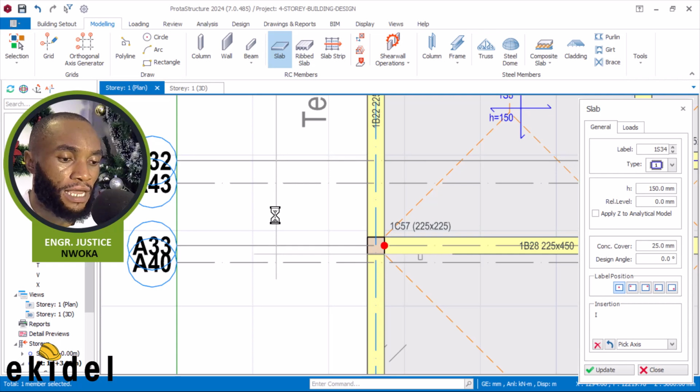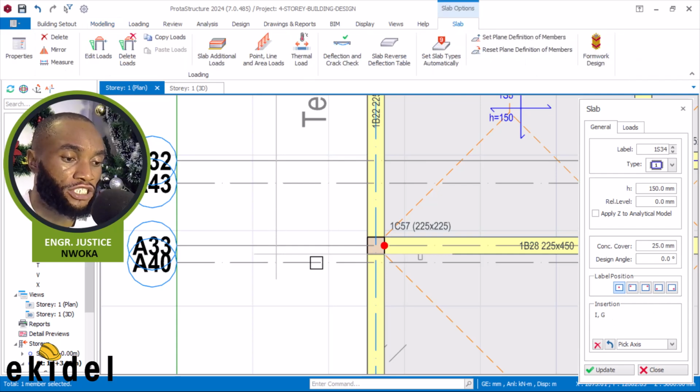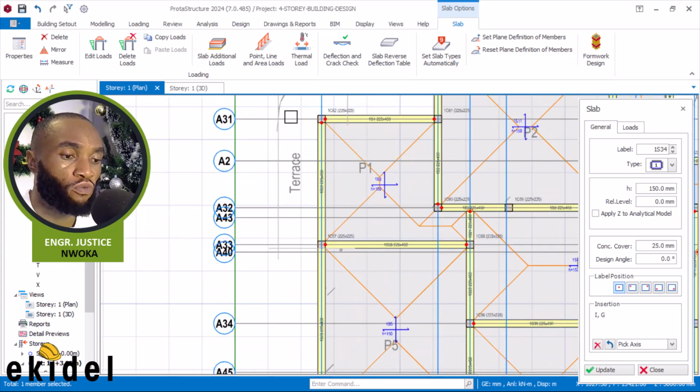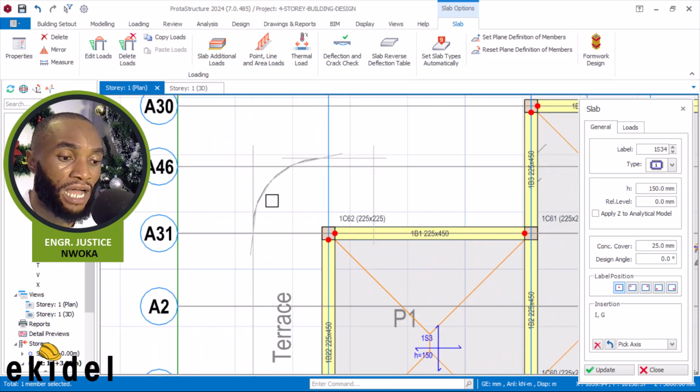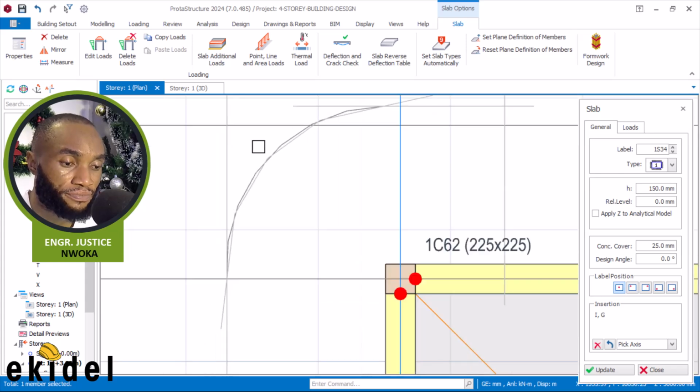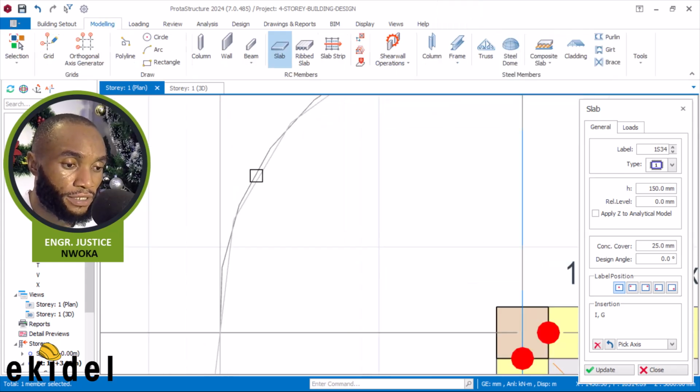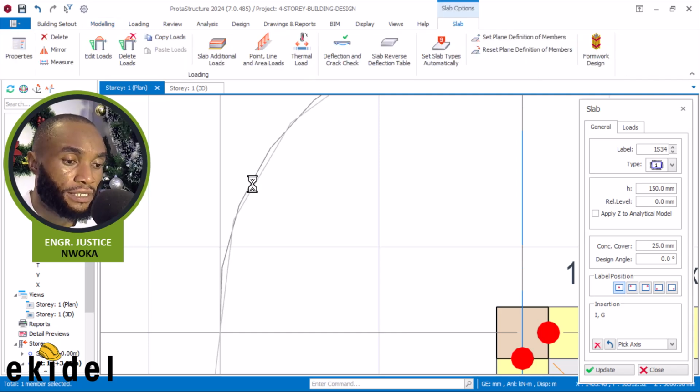Okay, and again you can now see it's showing G here. I'll come again here and click on this other curved one, because that's the next grid that we'll have. This is that curved one here. Click on this. Okay, then again now we have, let me just see,